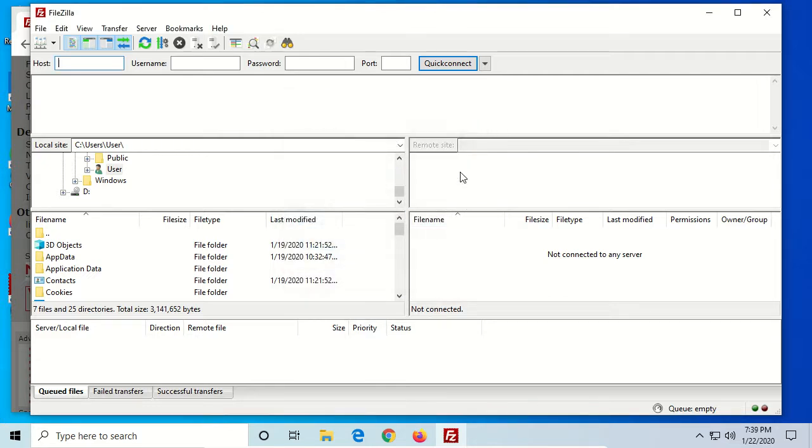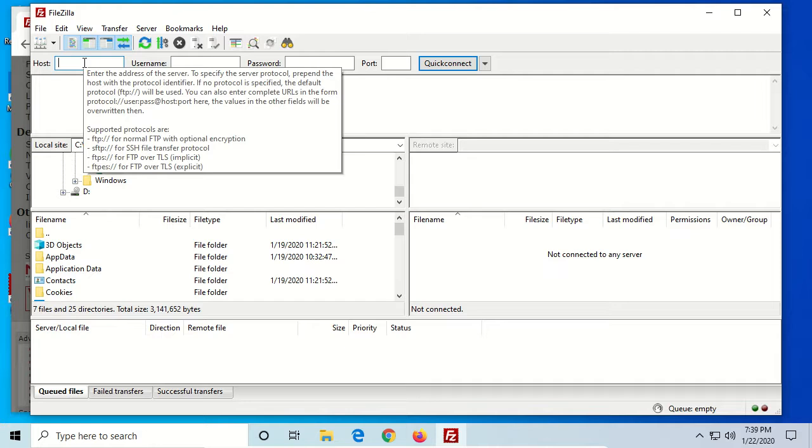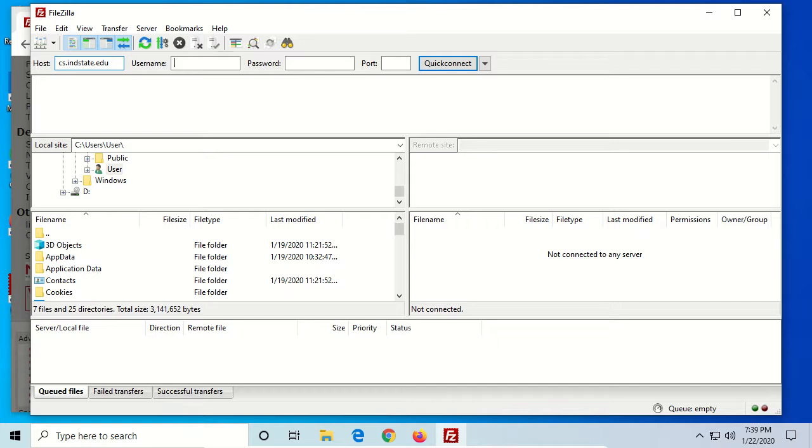And FileZilla is very simple to use. If you have an account to a Linux machine or another machine using SSH, you can just type in the host name of the machine. So in this case, we're going to connect to the ISU CS server, cs.indstate.edu. Okay. And I'm going to use my student account CS10100 for demonstration purposes. I'm going to type in the password and then port 22. That's the port for secure shell. So this is going to be encrypted traffic. So when we quick connect,